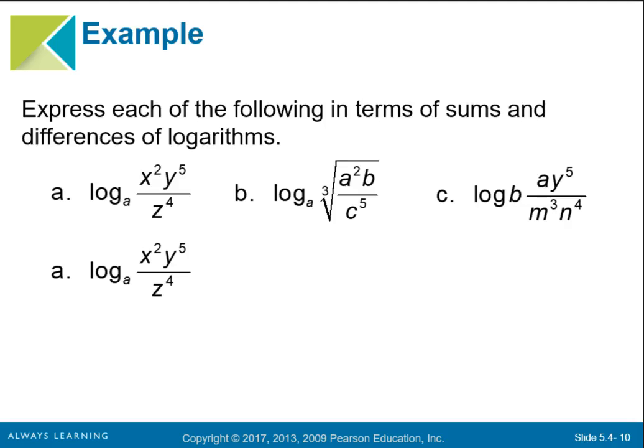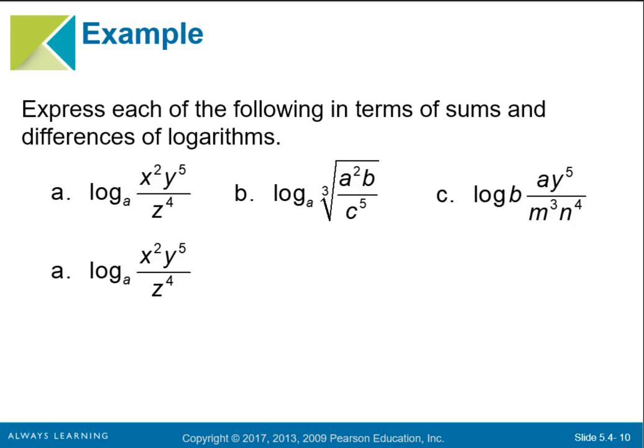Alright, this is 5.4, part 2, and we're going to be talking about how to convert our logarithms from individual logarithms to pulling them apart so that they are individual pieces. And we're going to start with our a here, which is log base a, with the fraction of x squared times y to the fifth all over z to the fourth. So here's our original